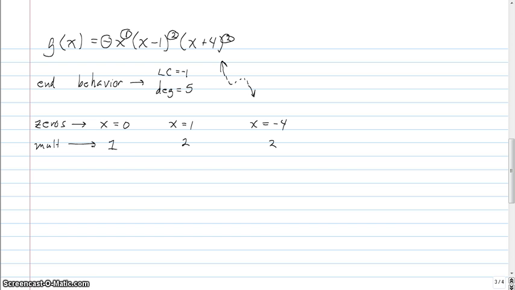And so with that, we should be able to get a pretty good sketch of the function if I really kind of focus in on my zeros. I've got zeros at -4, 0, and 1. And so going from left to right, I start with my left end behavior, which is pointing upward. I'm going to come down and hit this first 0 that's got an even multiplicity, so I have to bounce